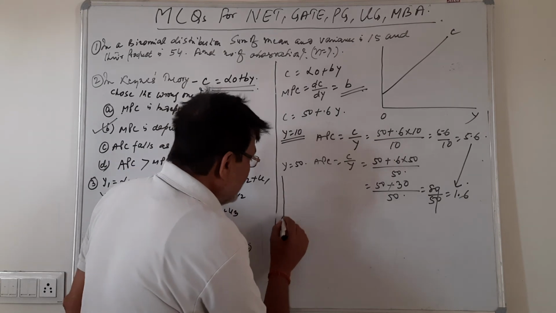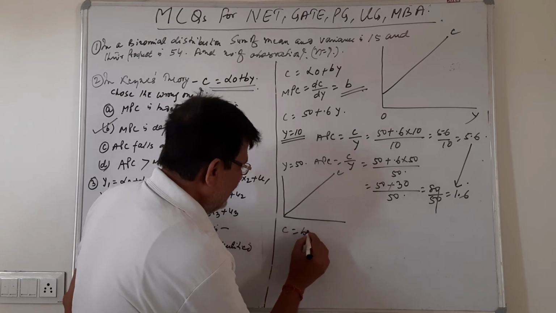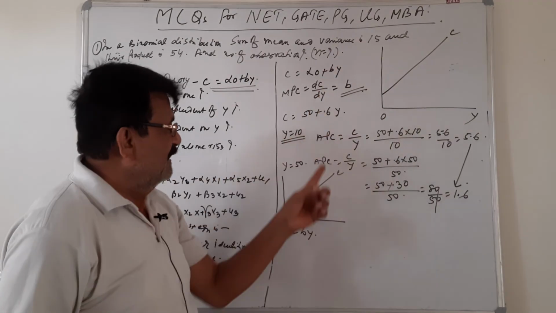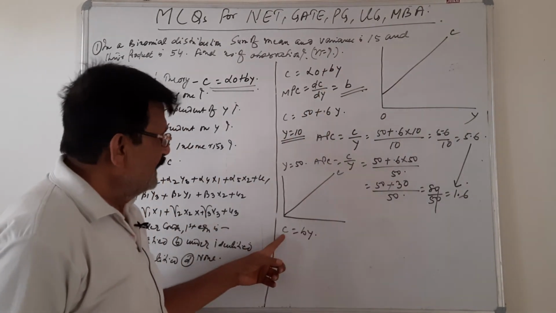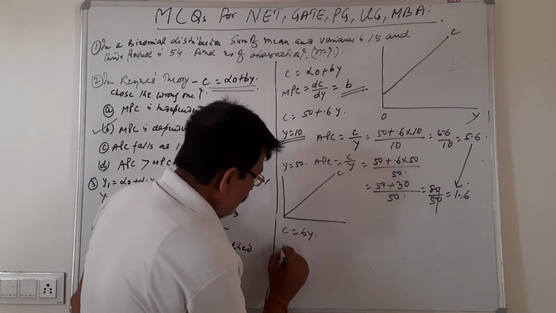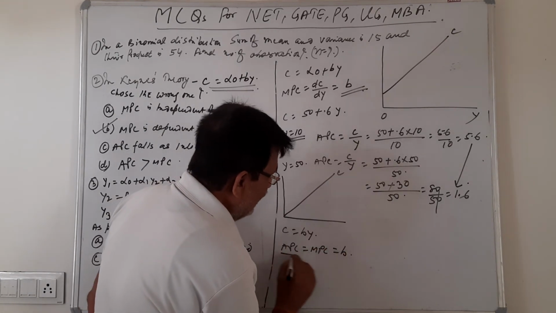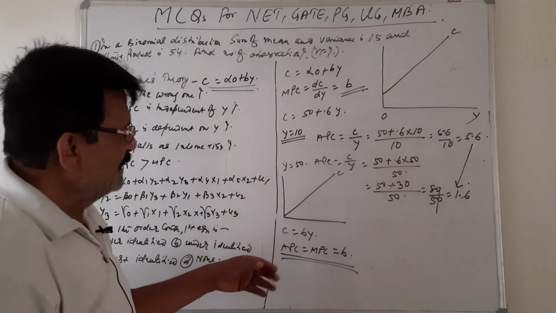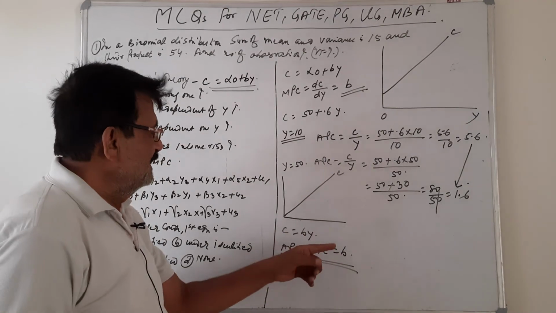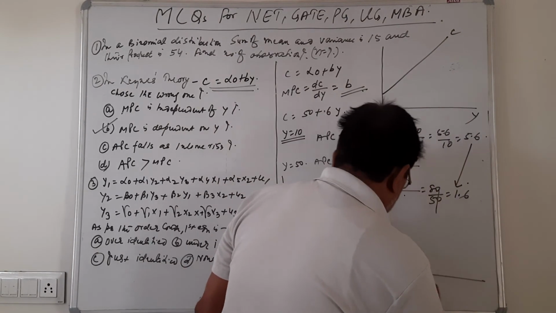If there is a long run consumption function like this, here equation would be C equals b y. This is the short run consumption function given by Keynes, and this is the long run consumption function whose equation is C equals b y, no autonomous part. For this consumption function, APC and MPC both are equal to b, and this is independent of the level of income.